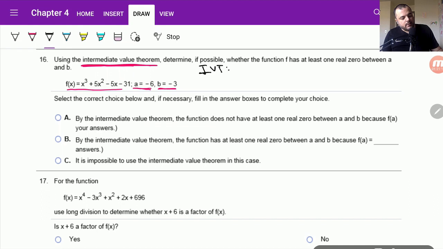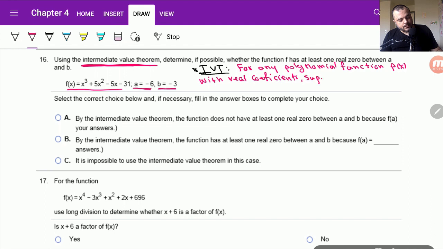The IVT, intermediate value theorem, says, for any polynomial function p of x with real coefficients, suppose for a is not equal to b, p of a and p of b are of opposite signs,